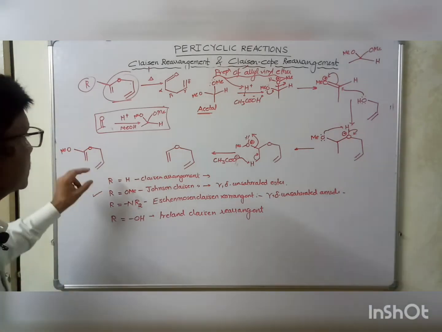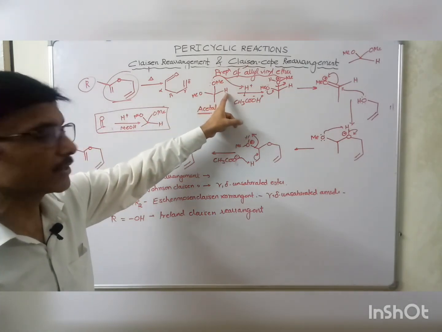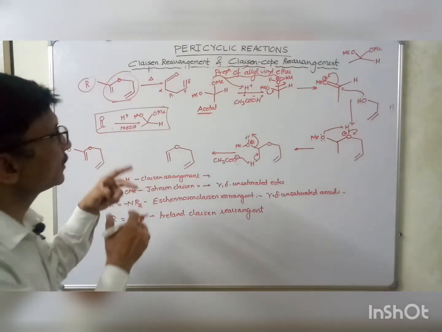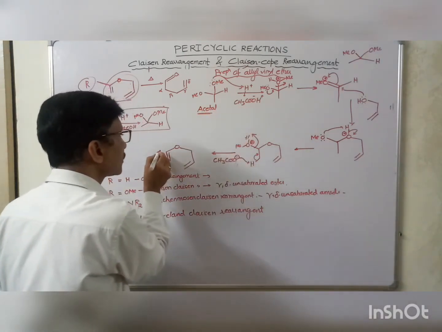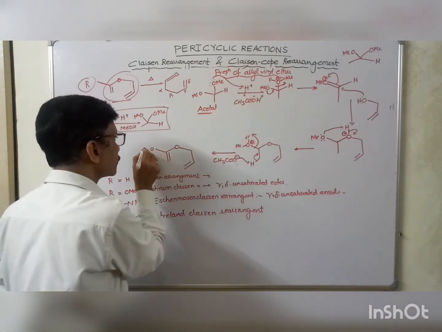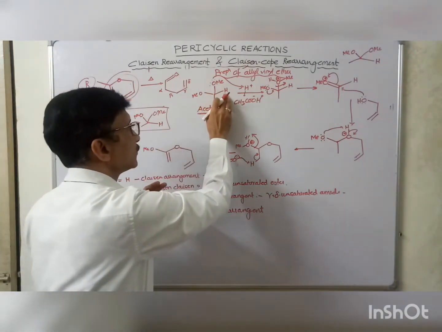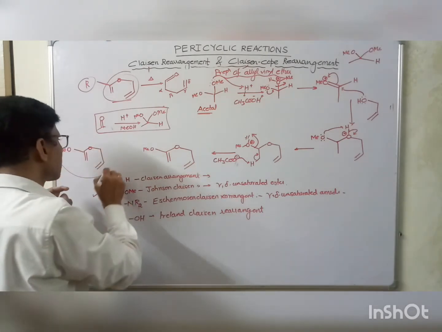We can obtain this substrate simply if we replace this hydrogen with this methoxy group, then naturally we will have one extra OMe group present over here. So if we have methoxy group in place of hydrogen, then we will have our substrate molecule